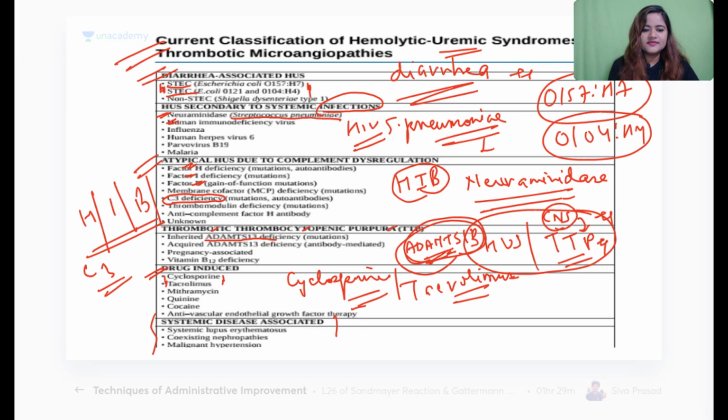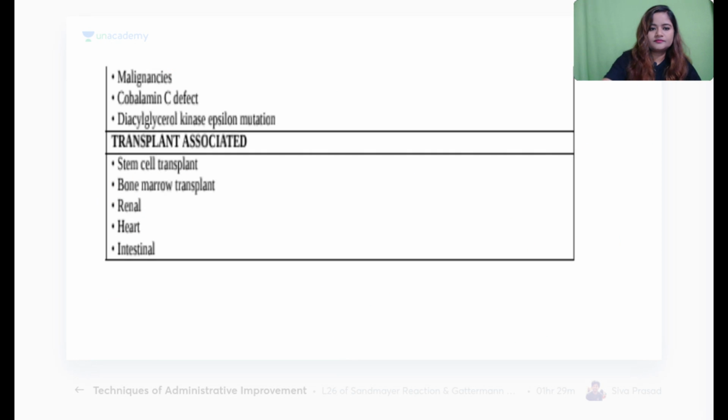इसके अलावा कोई भी सिस्टमिक इलनेस जो होती है हमारी बॉडी में which can also help and cause damage to the renal system like SLE, malignant hypertension, और कोबालामिन सी डिफेक्ट। तो इसके ऊपर एक बार क्वेश्चन बहुत पहले आ चुका है, कोबालामिन सी डिफेक्ट।